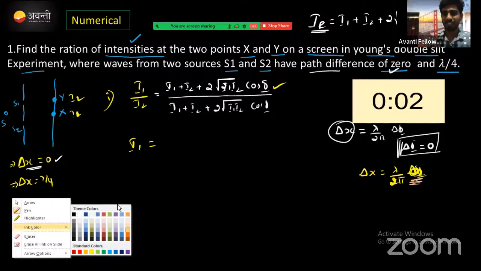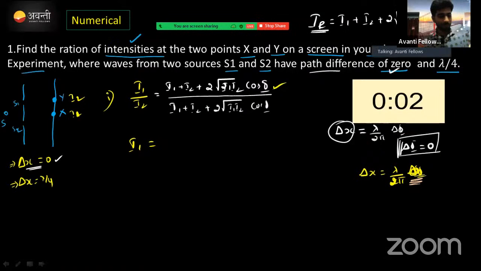Okay, sorry for the disturbance again. Okay, delta phi value needs to be found out. Then take the delta x value. How much is delta x value given? Here lambda upon 4 will be equal to lambda